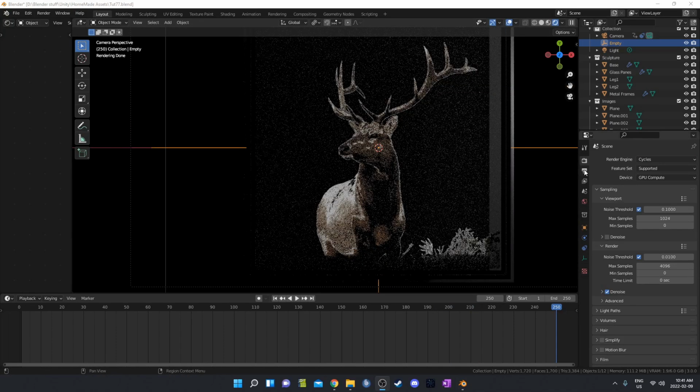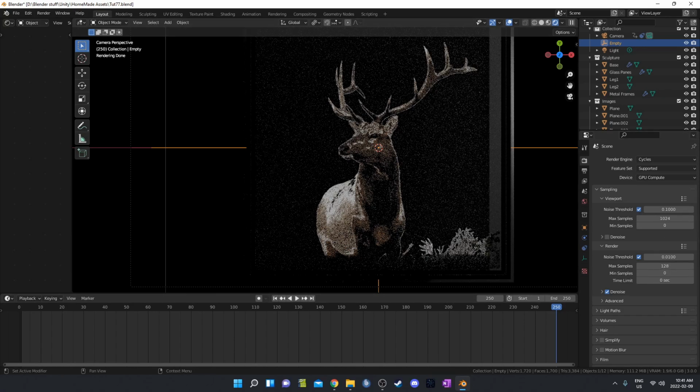Quick tip for rendering this out as well: under the render properties, I would turn this max samples down quite a bit, maybe to like 128 or 256, something like that. And make sure you have denoise checked. I think it's checked as a default now, but if you don't have this checked, then the glass is going to be really noisy, and it won't look as good. So just check this, and if your samples are too low, it's going to kind of look blurry. So if it's too blurry, just bump this up to maybe 256 or something like that. But the number they have at first, the 4096, takes a long time to render,